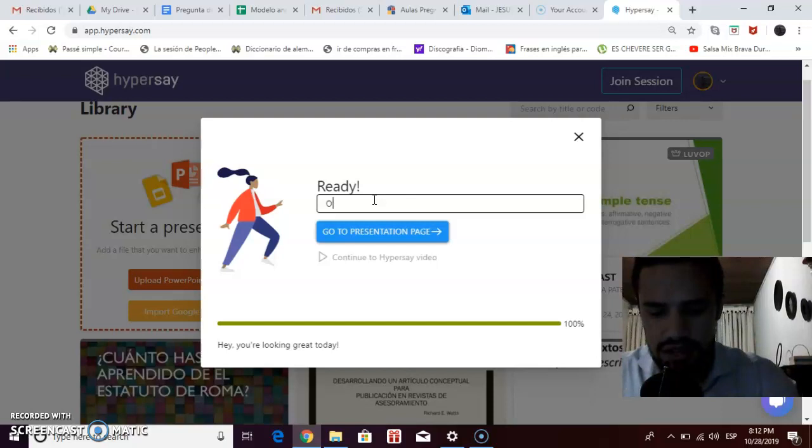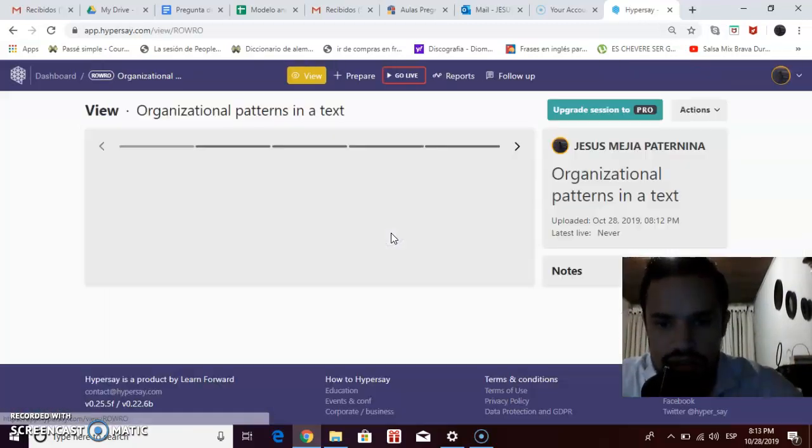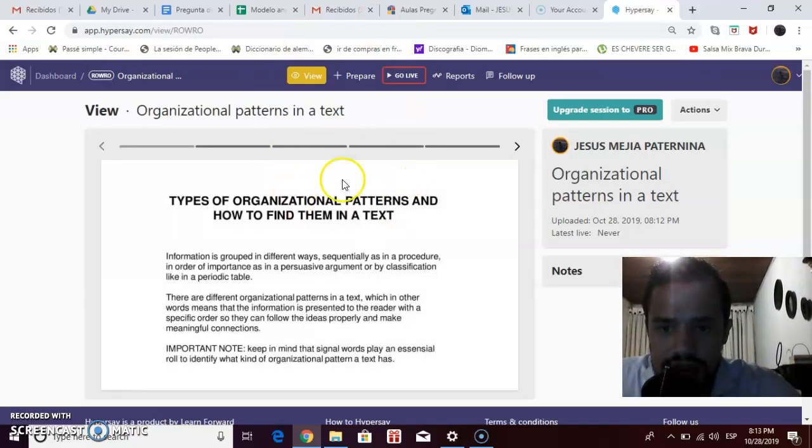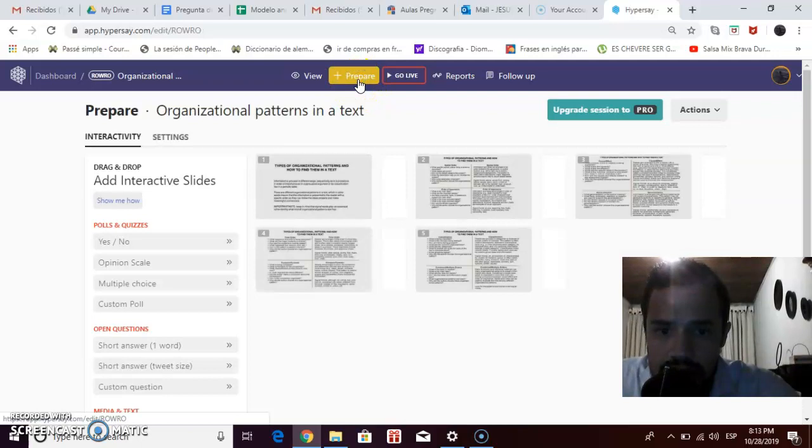In this case, I'm going to type organizational patterns in a text. Organizational patterns in a text. Okay, go to the presentation page, and in this part you will be able to see the presentation. As you can see, I have 5 different slides, and I'm going to click on this icon, prepare, and here